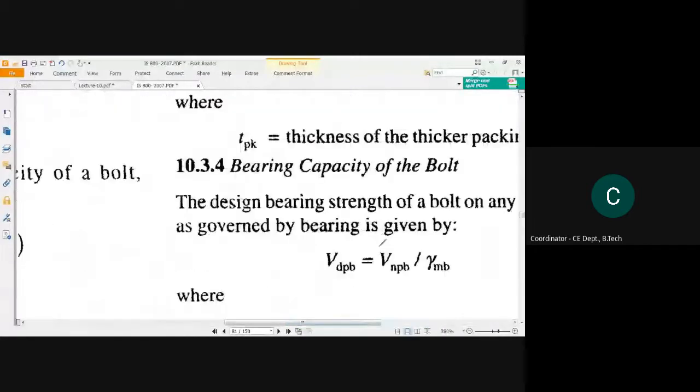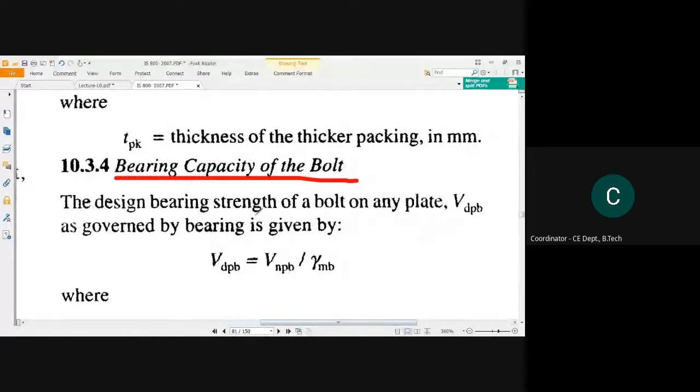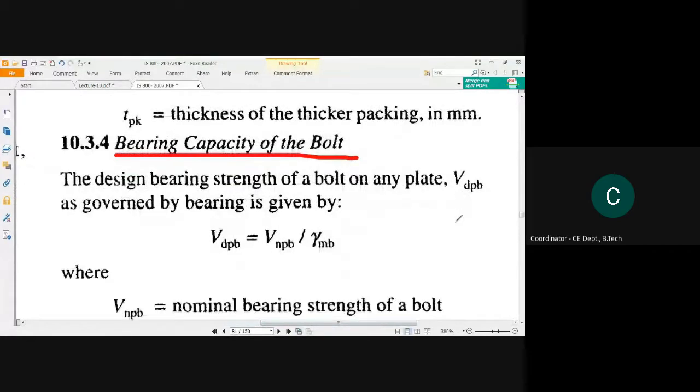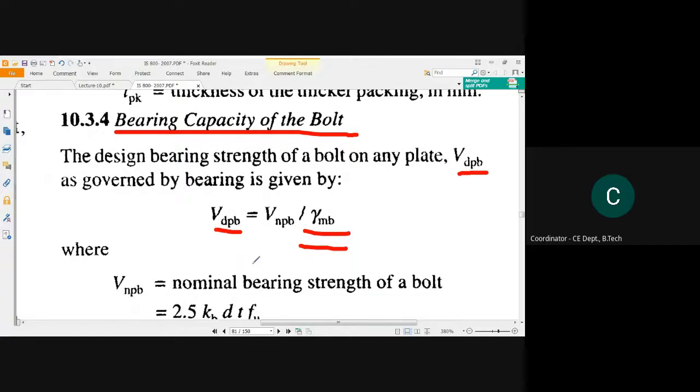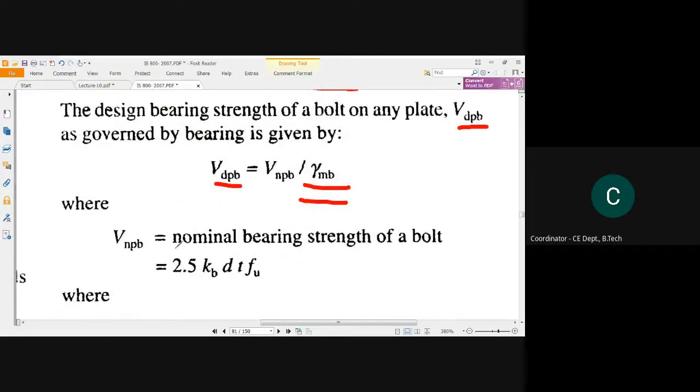See, here a bearing capacity of the bolt is given. The design bearing strength of a bolt on any plate is considered to be VDPB. So again here a design strength we have to consider for our safety purpose, which will be again divided by some partial safety factor, and VNPB will be our nominal bearing strength of bolt. This is represented as, see,